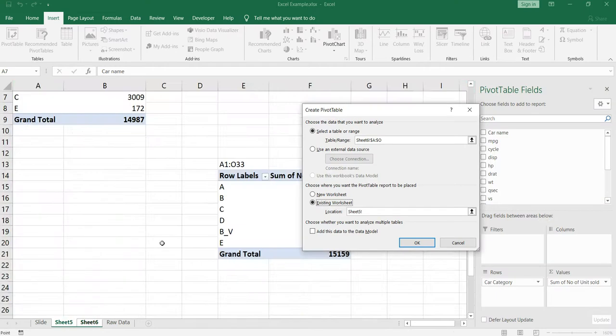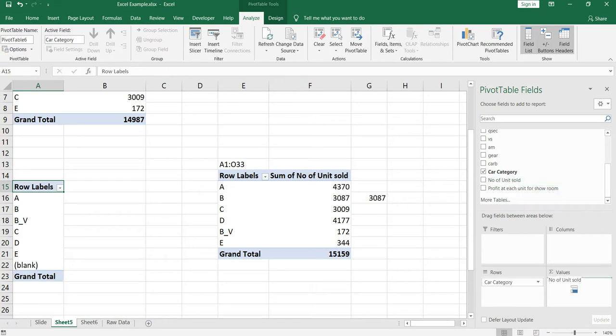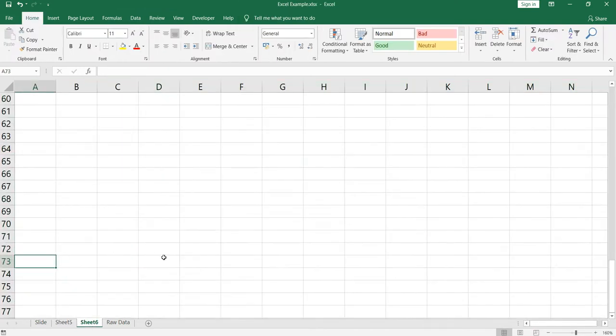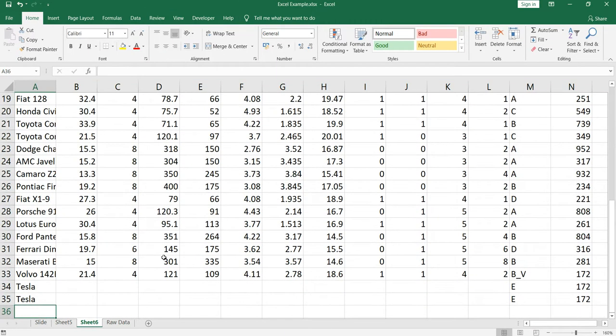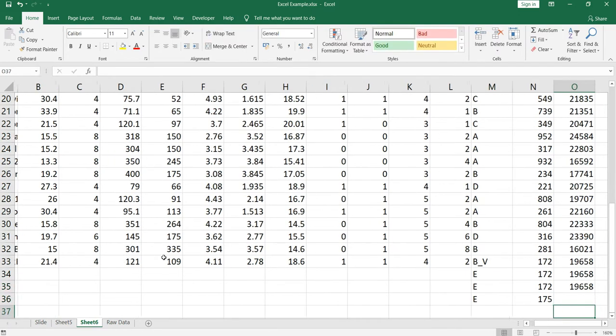I'll create the pivot table first and then add car category and number of units sold. Again we'll keep this blank as it is and I'll add a new car here, Tesla 2. Category would be the same E and units sold would be 175.